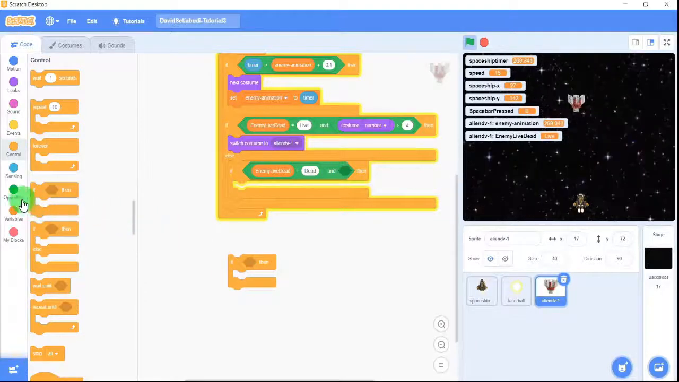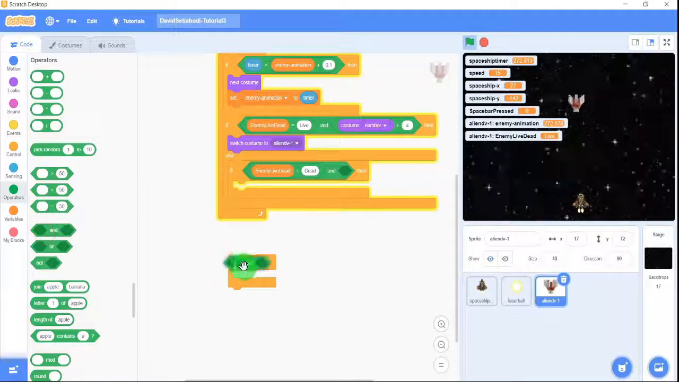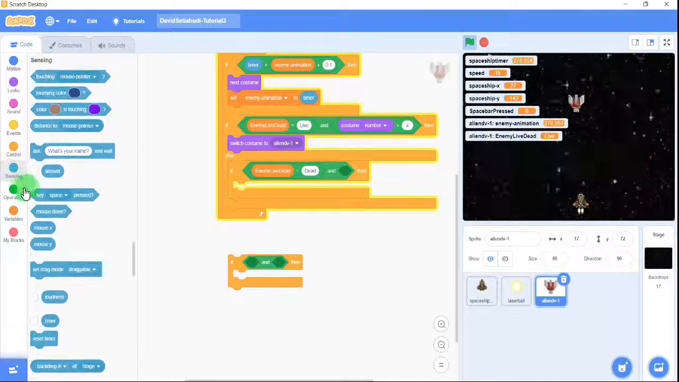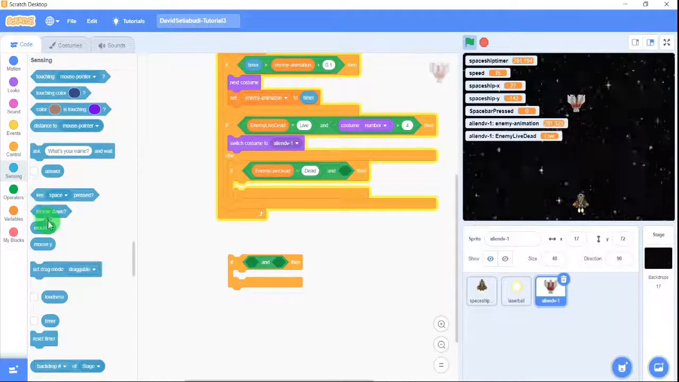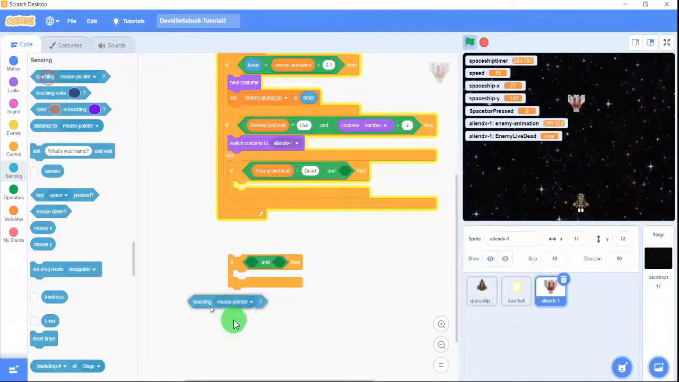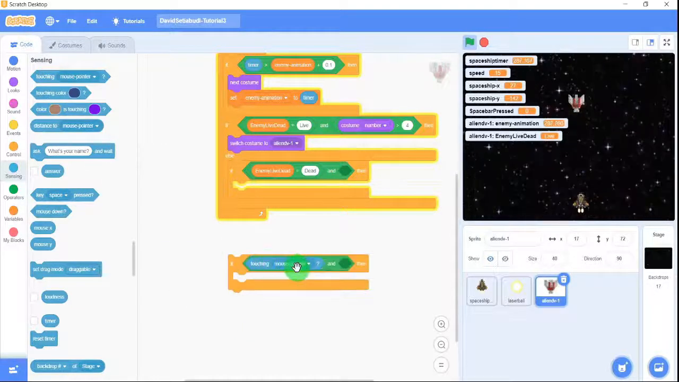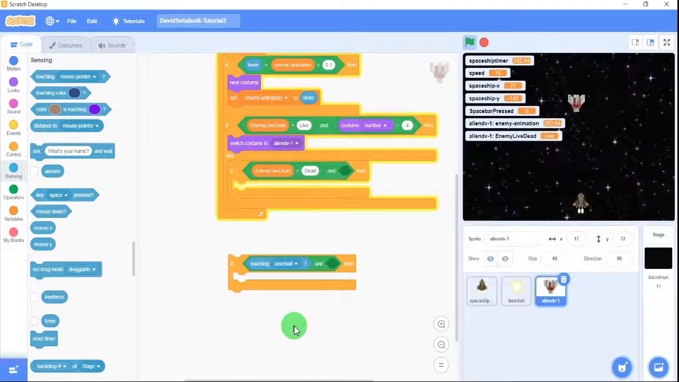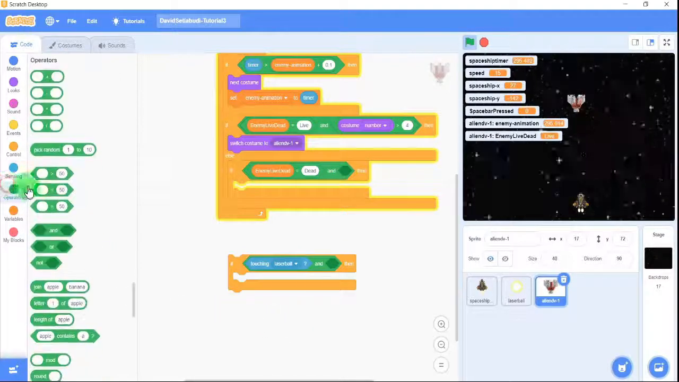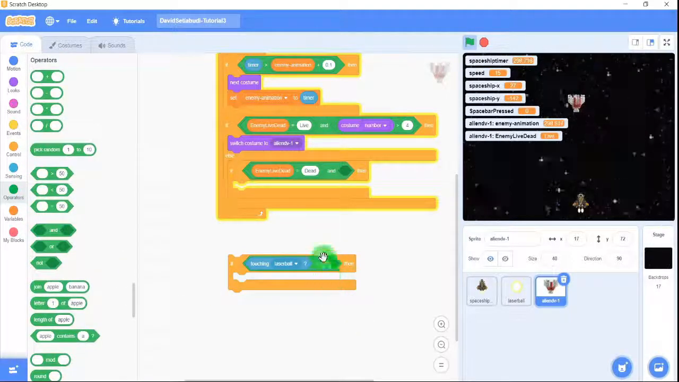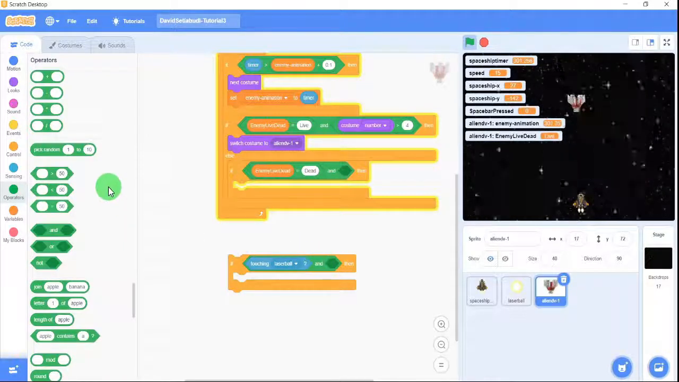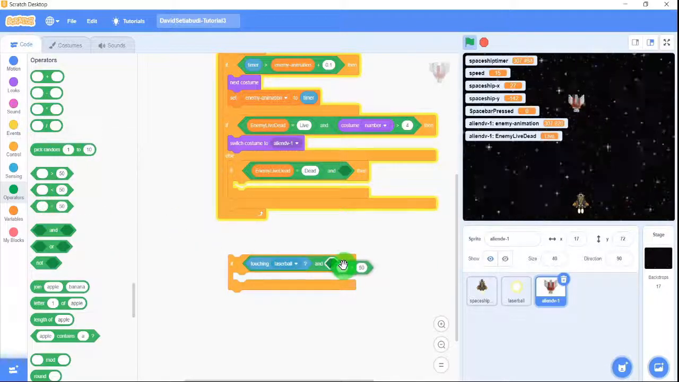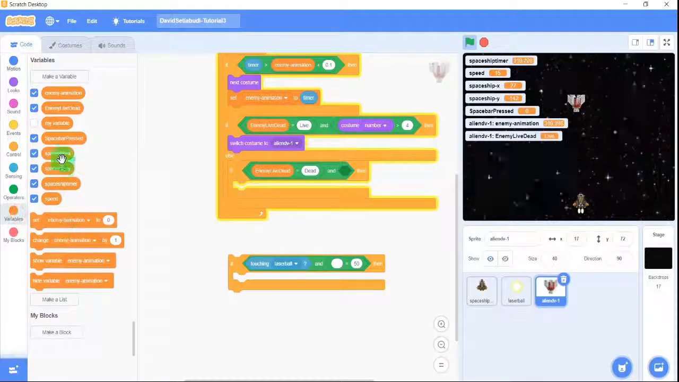So when it's touching means sensing. Okay, sensing something. It's sensing the laser ball. When it's touching the laser ball, and why did I put this one? Okay, I'll explain to you later on. Okay, when it's touching laser ball and the enemy is still alive,